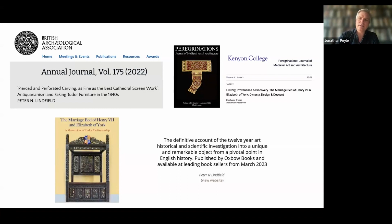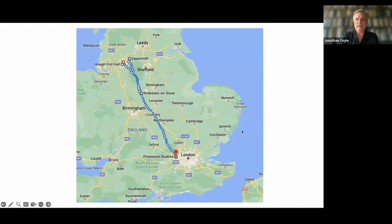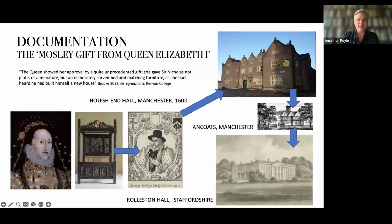After a day's seminar at the V&A, a symposium really in 2019, two researchers really took over the research in terms of publishing, Peter Linfield at Manchester Metropolitan and Stephanie Brooke, an independent researcher. Both pursued the idea that the bed went from Westminster or Windsor ultimately as a gift from Elizabeth I to Sir Nicholas Mosley, Mayor of